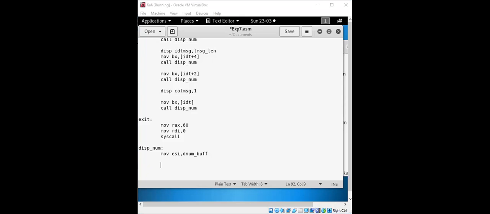Or sorry, AL and AH. So here we are going to refer to those registers, for the lower bit and higher bit. We'll check these for whether it is greater than 9 or less than 9. And then for this, we'll take one more register with which it will be checked, for the first 4-bit.